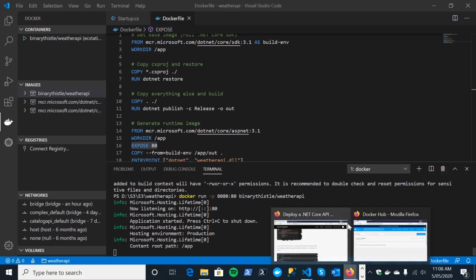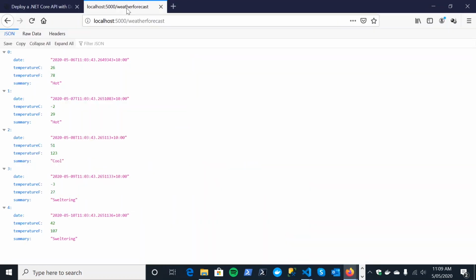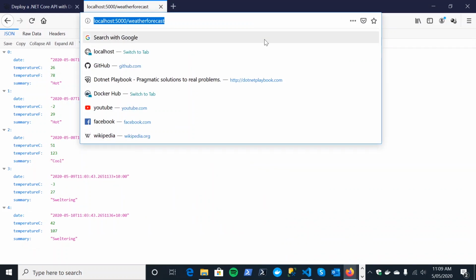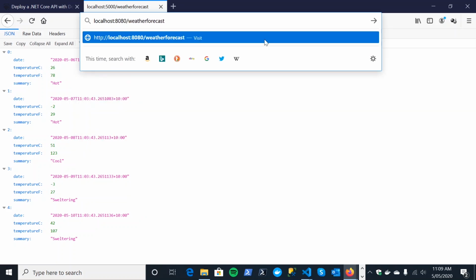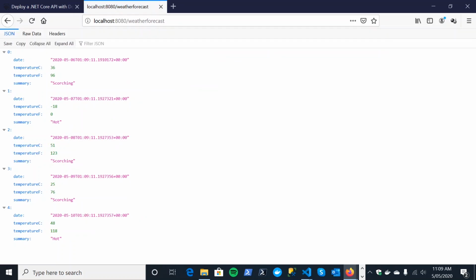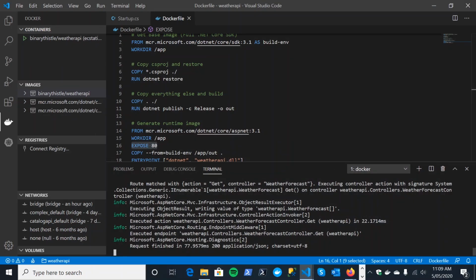Fantastic. Now, if we pop over to here, previously it was running natively on our desktop on port 5000, so if we change it now to 8080, we should get a very similar output. And indeed we do, so that's cool. That's all working. Let's just kill that. You'll notice Ctrl-C on Windows anyway doesn't stop it from running, so you can either right-click here if you're using this plugin and click stop, or